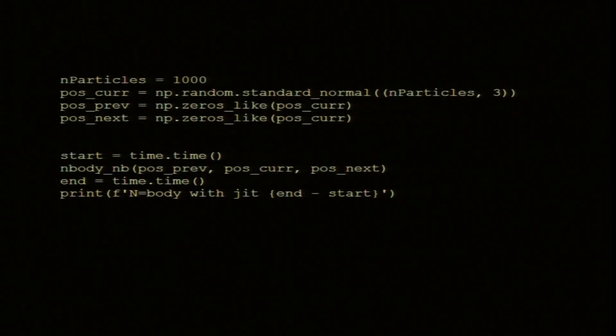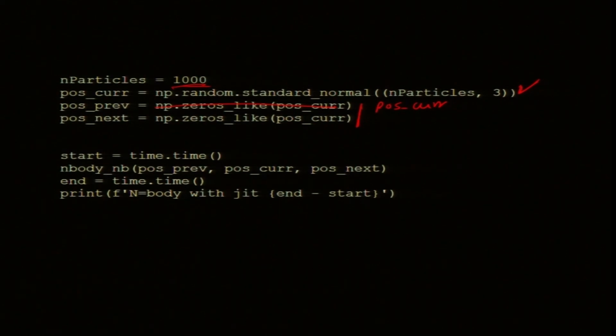Now, I can run it. You can start with probably 100 particles. So, I initialize the current position by random positions. Previous positions, you can set it to zeros. Okay. Actually, no, this is not a good idea. Previous should be like current. I would say that put this as current. In the initial condition, previous and current should be same. And pos next is 0, because next will be updated.